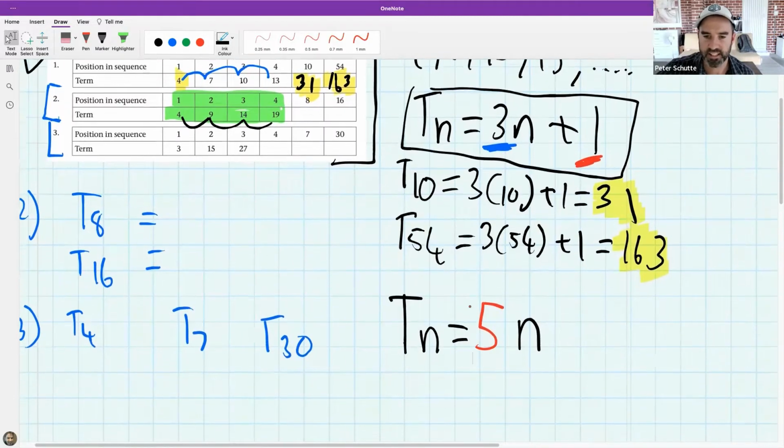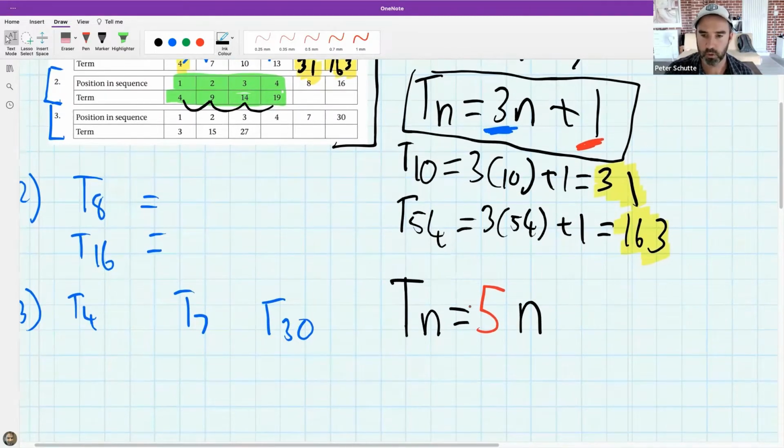Unfortunately, that doesn't work, because if I put 1 into this formula, I get 5. And my first term is not 5, it's 4. And so what I do is I take away 1 to help me get my formula. And if I test that,